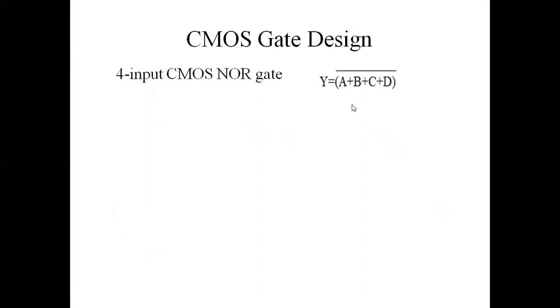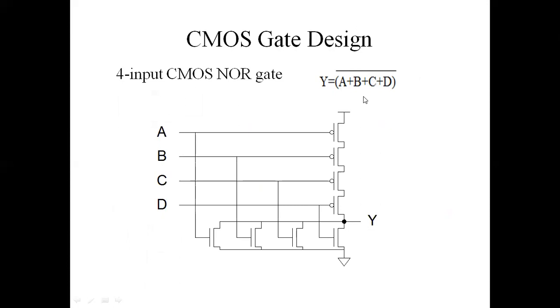So now we will see the CMOS gate design, the implementation of the CMOS NOR gate having four inputs. The equation is given by (A + B + C + D) bar. So how is the implementation? Since ORing action is there, NMOSes are connected in parallel: the NMOS for input A, NMOS for input B, NMOS for input C, NMOS for input D. These are all connected in parallel combination and the PMOS FETs are connected in series combination. So this is the implementation of the 4-input NOR gate.